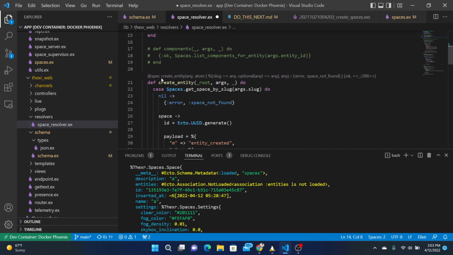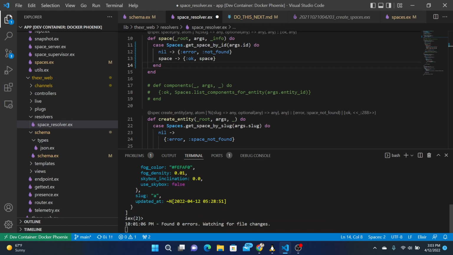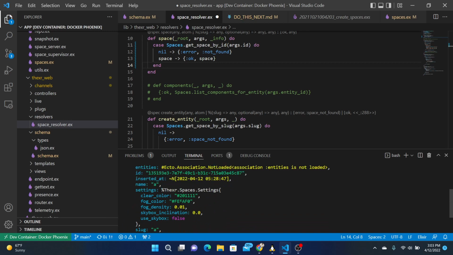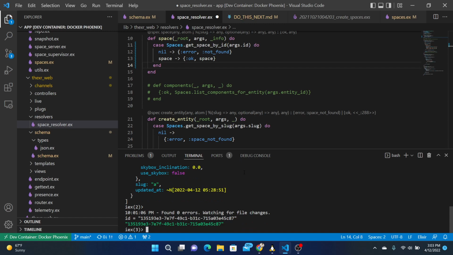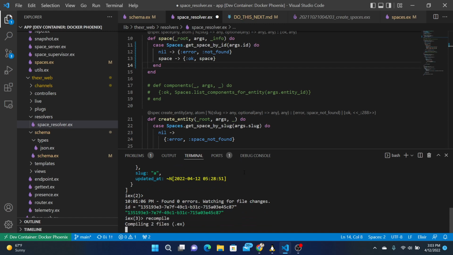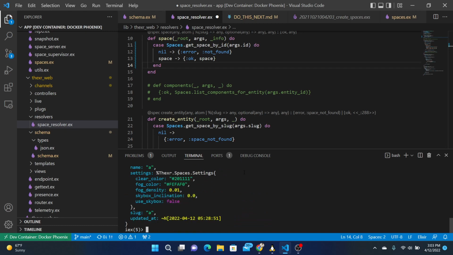Create entity. We need to do one of these again. So let's try this. So here's our space. Does this work? Where's our ID? Slug. ID is here. Close that. And we compile spaces, get space by ID. With ID gives us this, yes.